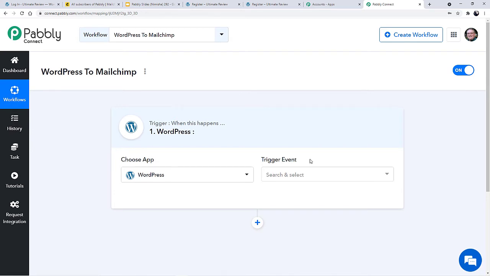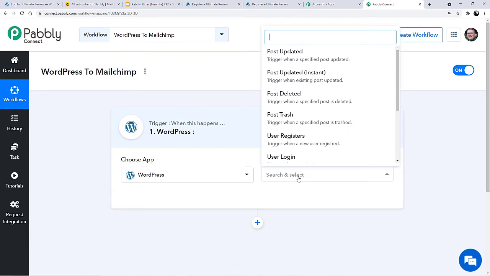Now your obvious question may be, what is this trigger event and what am I talking about, trigger window and everything related to that. So let me tell you. Basically, automation runs on two simple concepts, that is triggers, and the other one is action. Trigger is when this happens. Action is do this. Now connecting it with our use case today, what we want is whenever a new user is registered inside WordPress, that user should be automatically added to our MailChimp contact list as a new subscriber. So that is why in the trigger event, let me show you what I am going to select. I am going to use and select this option called user registers.